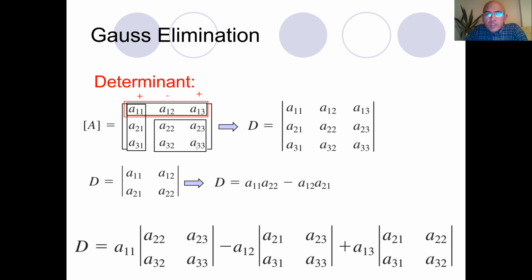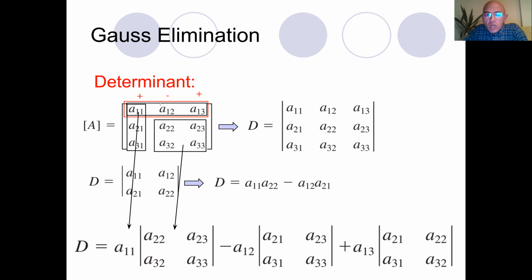Now, what I'm going to do is, I will take this value, A11, and take this matrix and calculate the determinant of it. Since I have a plus, I multiply it with the positive sign. So I multiply it with the plus 1. Then I go for the second